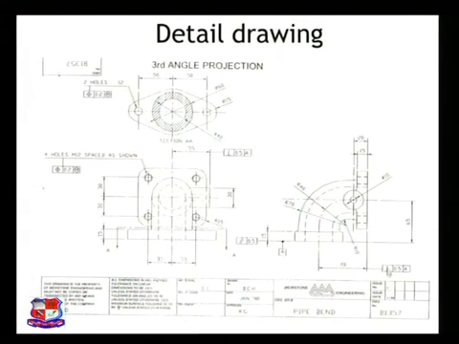And this symbol is the symbol to show the perpendicularity of this surface with respect to the reference surface A. Perpendicularity 0.5 millimeter with respect to surface A. So this is surface A, and the perpendicularity of this surface with respect to this surface should be 0.5 millimeter. So with this detailed drawing we can use the details like all the dimensions, perpendicularity, parallelism, circularity,